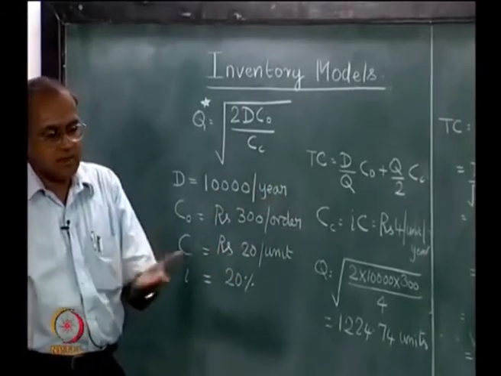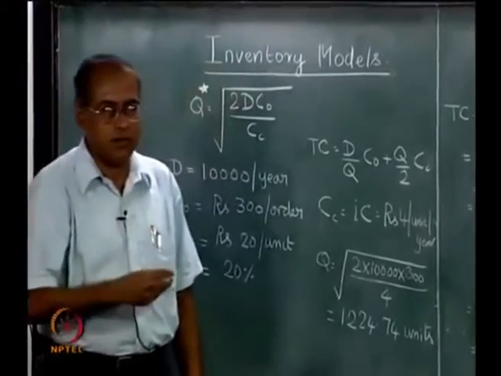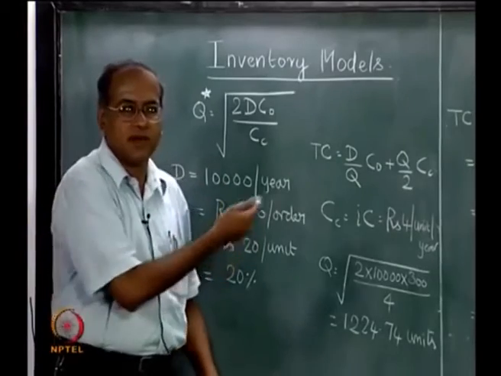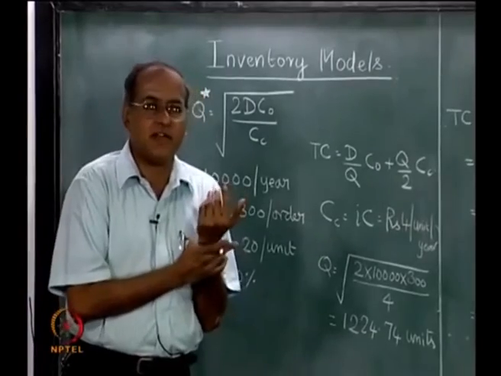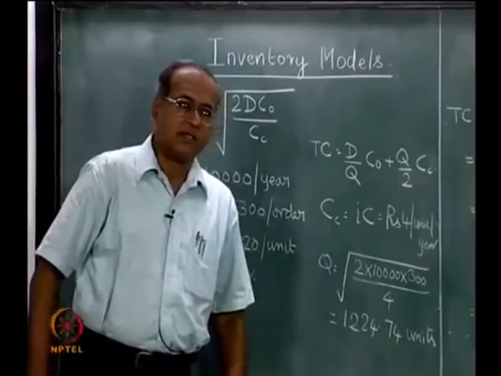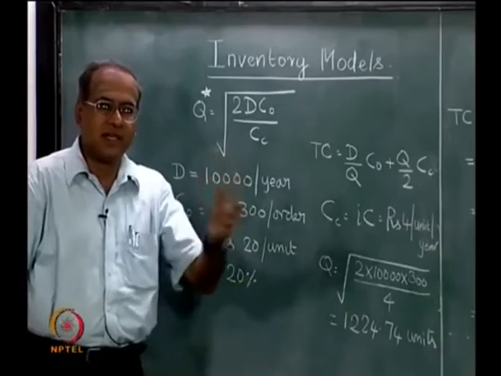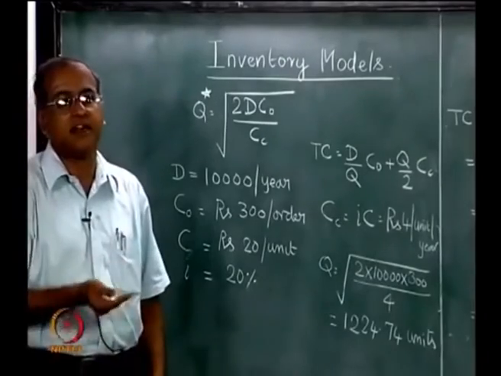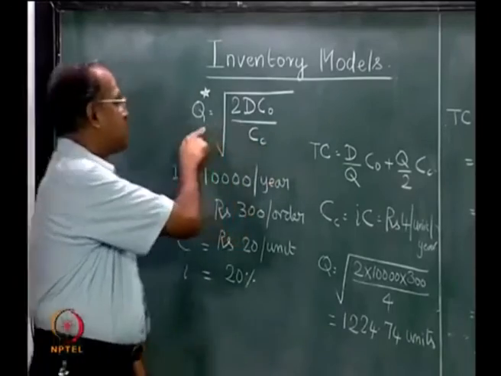Now, let us assume that we took q as a continuous variable. The assumption of q being a continuous variable was made considering the ease of the mathematical derivation. If q were to be defined as an integer variable, then the methodology to get it would be different. Since for convenience we define q as a continuous variable, we could easily set the first derivative to 0 and get the value and show that the second derivative is positive, indicating that this value is indeed a minimum for the plus value of q.